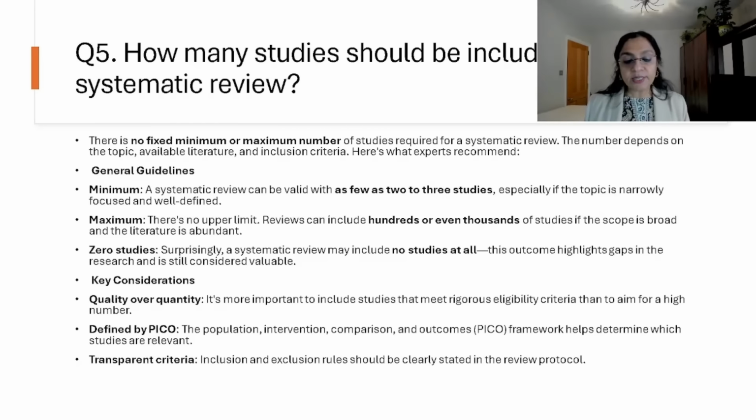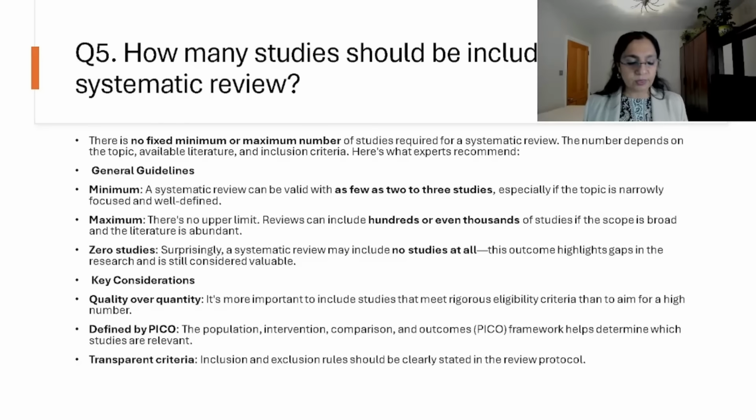It's more important to include studies that meet rigorous eligibility criteria than to aim for a high number. So the quality of studies, we need to have a very detailed, rigorous inclusion criteria, and then you include the studies. Defined by PICO or other type of framework, the population intervention comparison outcomes, which is a popular framework or commonly used framework, helps determine which studies are relevant.